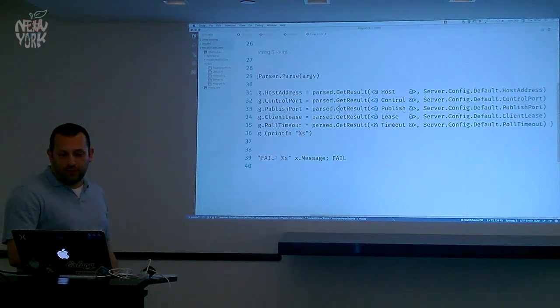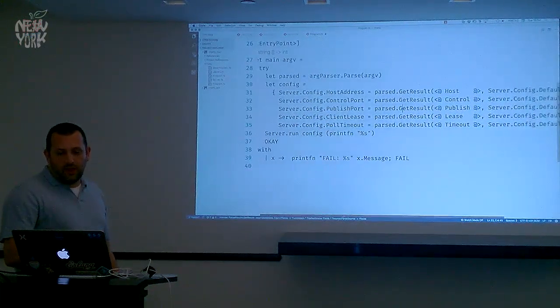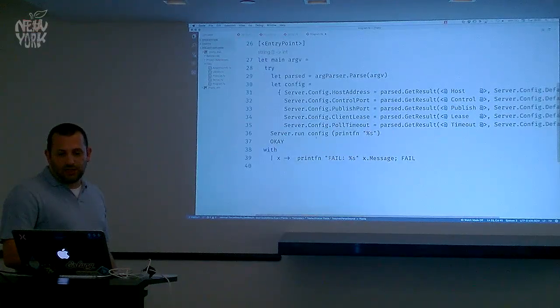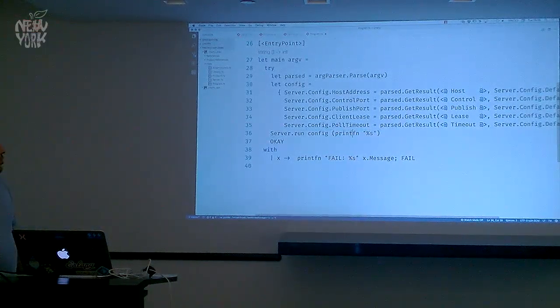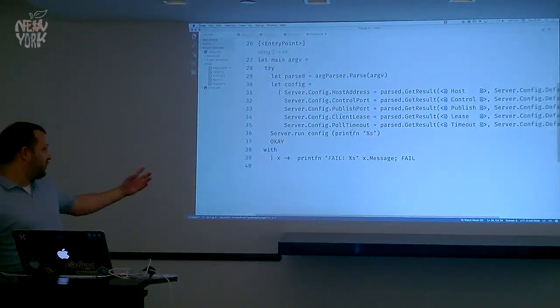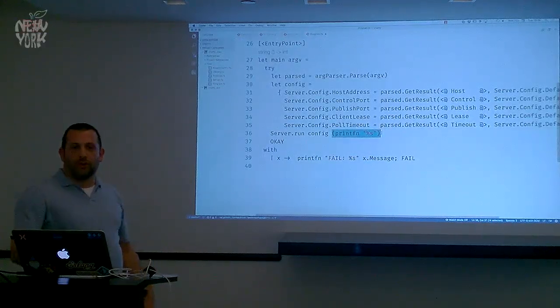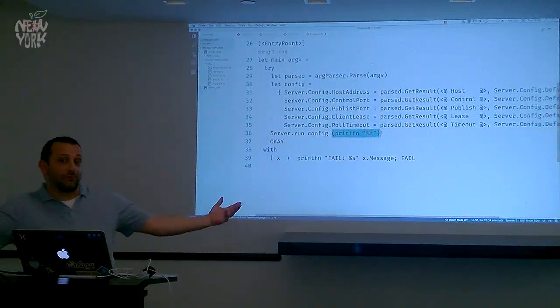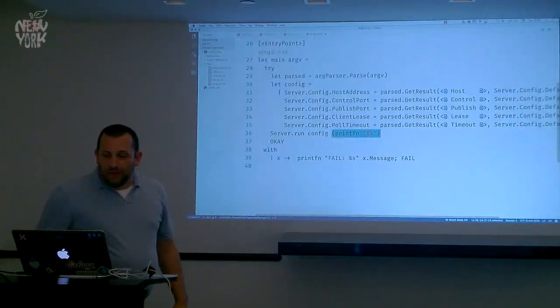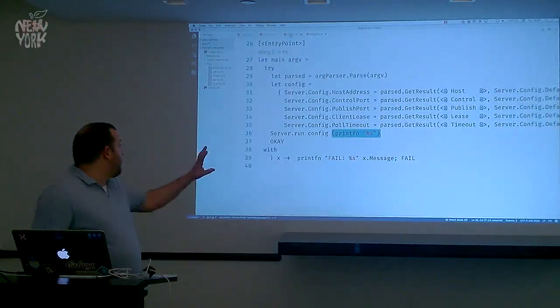So pretty straightforward. And then we bundle up our configuration object and we pass it to the server along with this nifty little function that does our diagnostic tracing for us. In this case, I'm just writing to standard out, but this is really any function from string to unit, so go nuts. And then server is the actual meat of it.